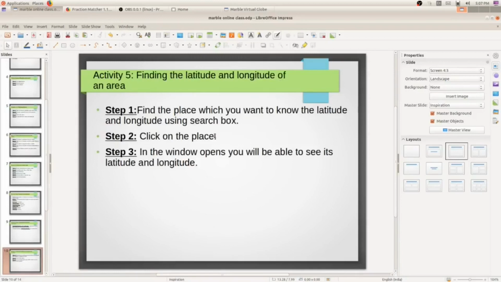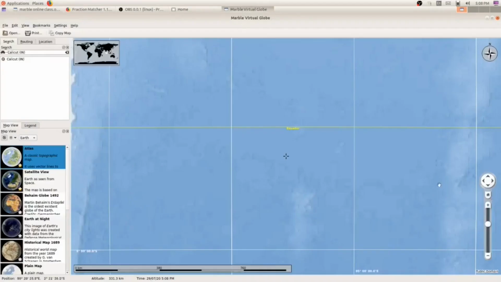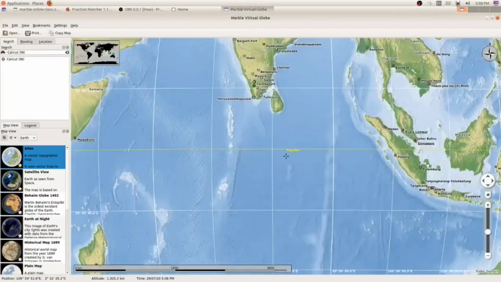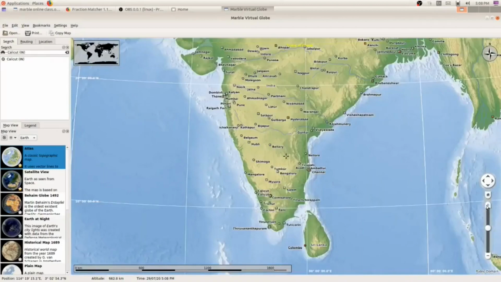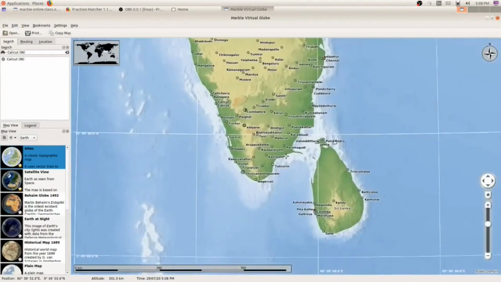And our last activity is finding the latitude and longitude of an area. Okay, so how to find that I will show it, then we will read out these steps. So suppose I want to find the latitude and longitude of Thiruvananthapuram. Or Cochin, I am going to find the latitude and longitude of Cochin. So what I have to do, first I need to search the place Cochin.